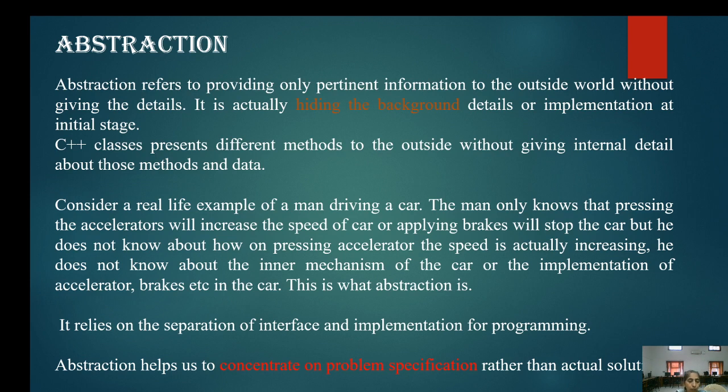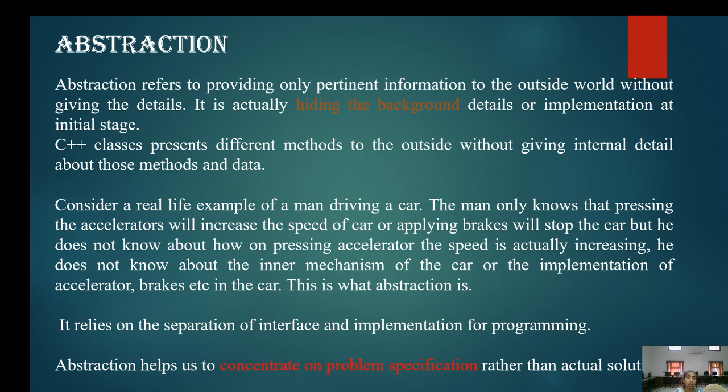Now we talk about abstraction. So by defining a class and objects, we actually define the functions and their properties in a single unit. In this way, we bundle together function and data. It can help us to protect the data. It can help us to protect the details from the outer world.